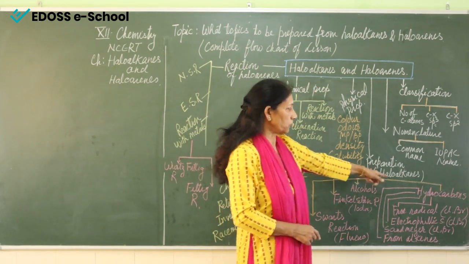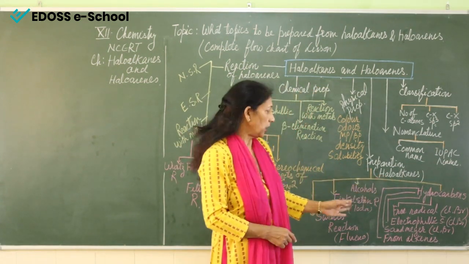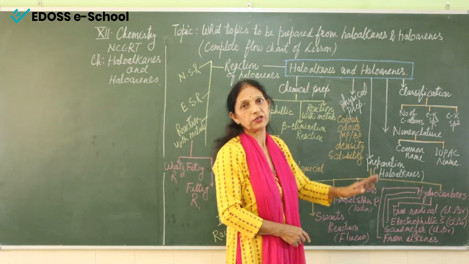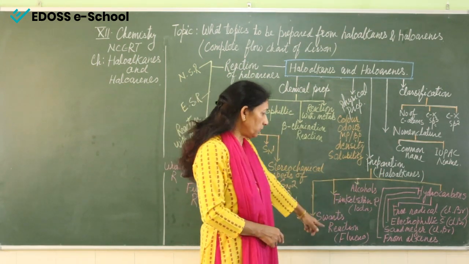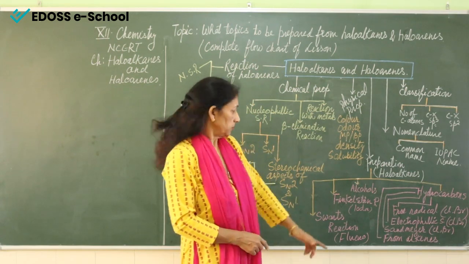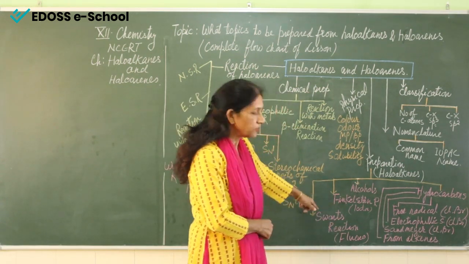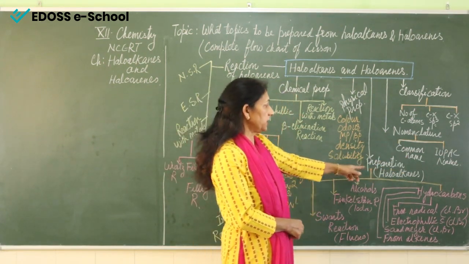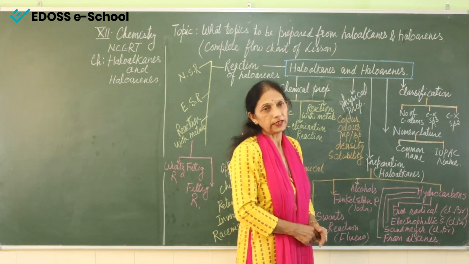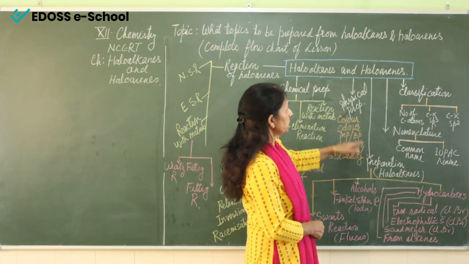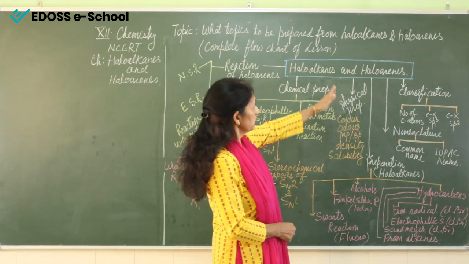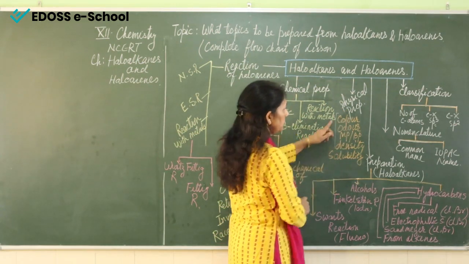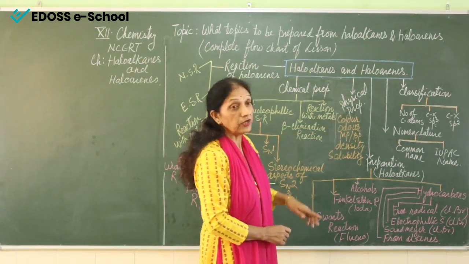Okay, if you want to prepare chloro and bromo, these 2 reactions are there. Now, if you want to prepare iodoalkanes, then Finkelstein reaction is very important. And if you want to prepare fluoro, then Swarts reaction. So these are the 4 types of preparation that we can understand for the haloalkanes. After this preparation, we are coming to the physical properties of haloalkanes.